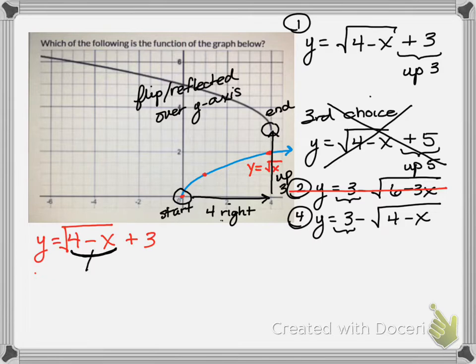And right now, if you look, my coefficient of x is not a positive 1. So I cannot decipher what my horizontal shift is going to be with it being written like that. So I need to rewrite it